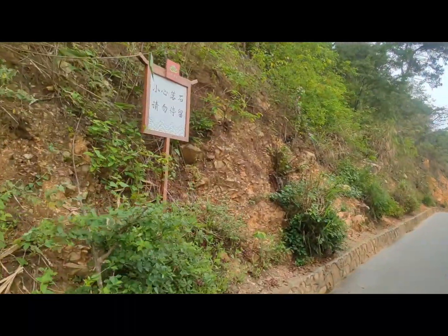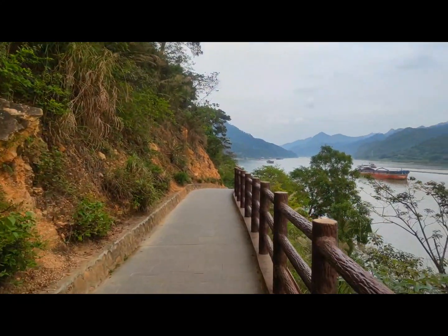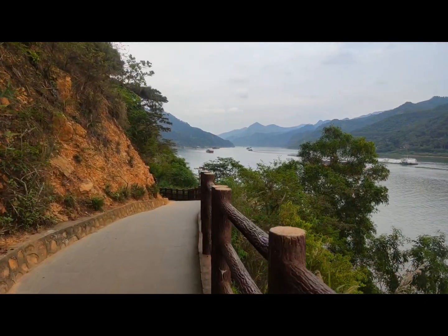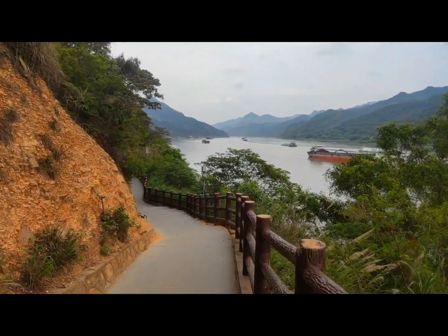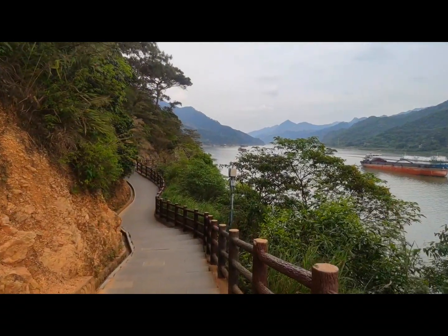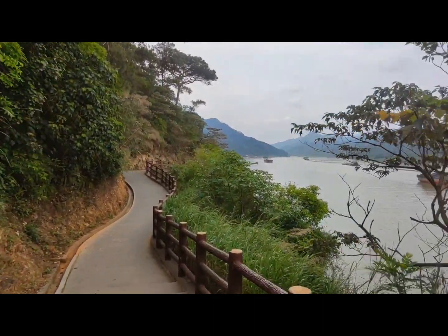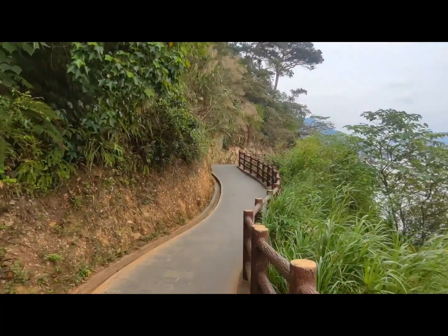More signage up the side here. I can't tell what it's saying. One thing we are looking at is we're actually looking at buying the DJI Pocket 3 camera very soon. At the moment I'm filming on my phone with a gimbal, and once we get the Pocket 3 I'll be able to keep my phone separate, and when we come across signs like that I'll be able to use my phone to translate as we're going,